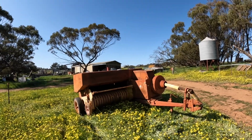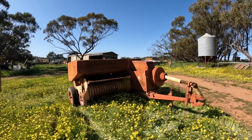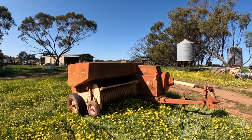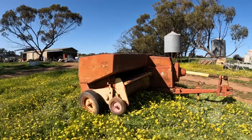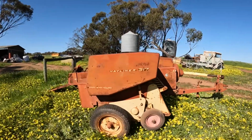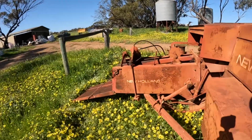Well, we're going to be hay cutting in probably about a week's time. The oats are pretty close to ready, so we've dragged the baler out of the shed to do a little bit of work to it. Now this is a New Holland Hayliner 317 that we're using here, and if we come down the back end here,